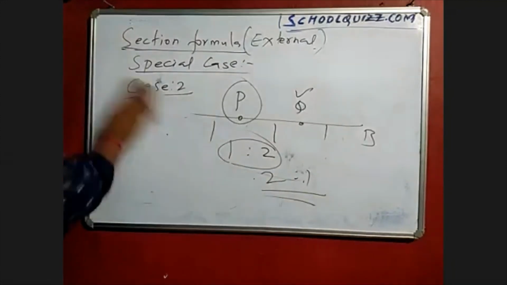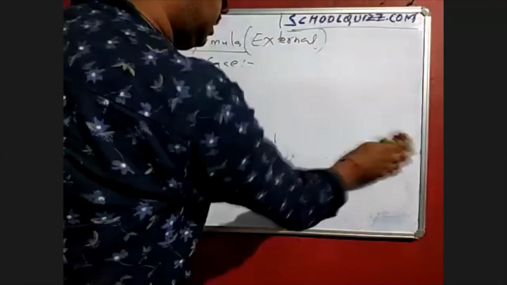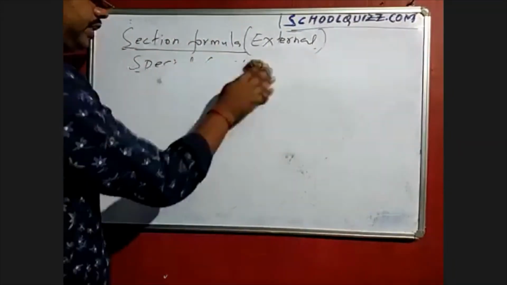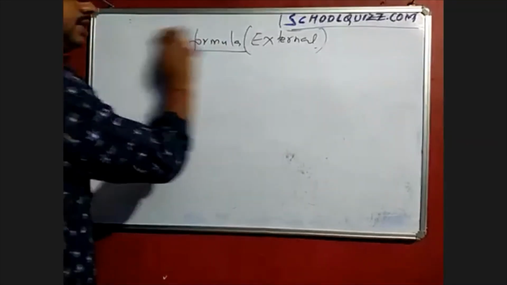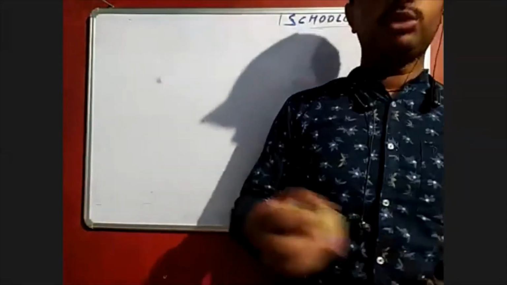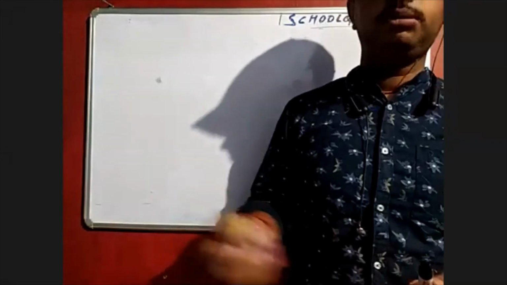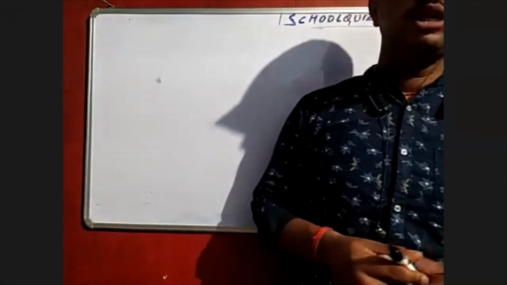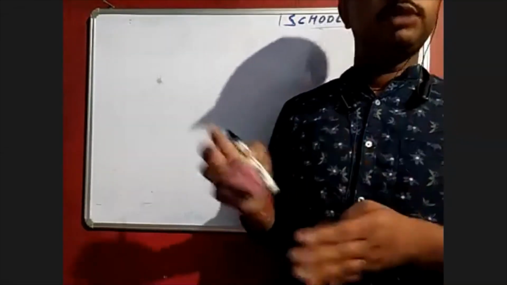So this is about the section formula, which is there in your coordinate geometry. Next time I will take some basic questions, what type of things they will give you and what type of questions they will ask you in the CBSE exam, from last previous year questions. Based on that I will frame another one.